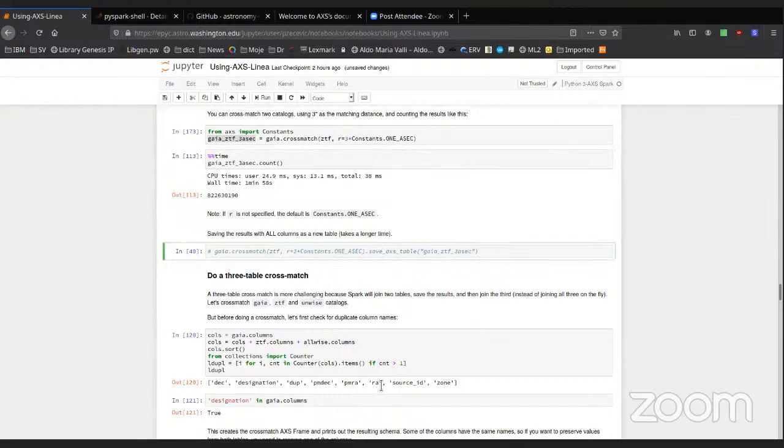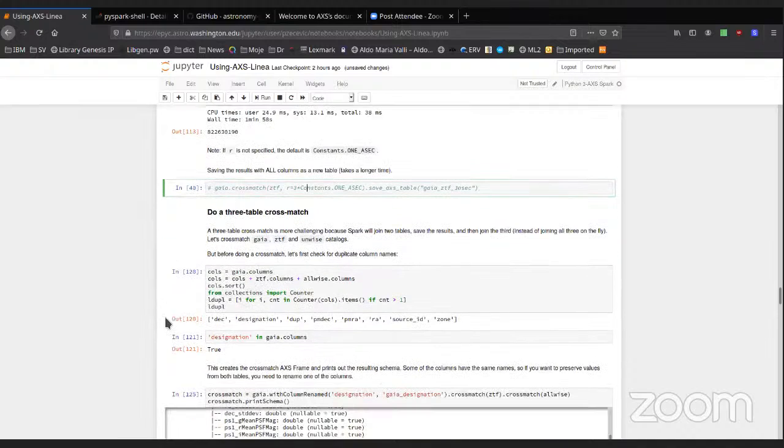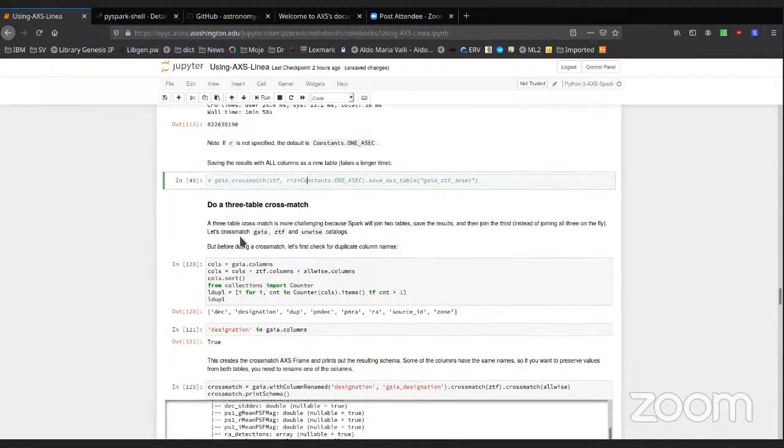We can also save this result as a new AXS table, which means that it will be partitioned, bucketed, and sorted the way AXS wants it to be sorted, just like using this command. But this would involve moving lots of data to a new place, so I will not execute this. We can also, for example, cross-match 3 tables,